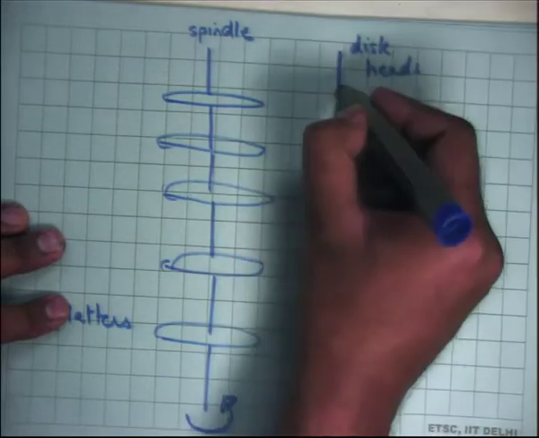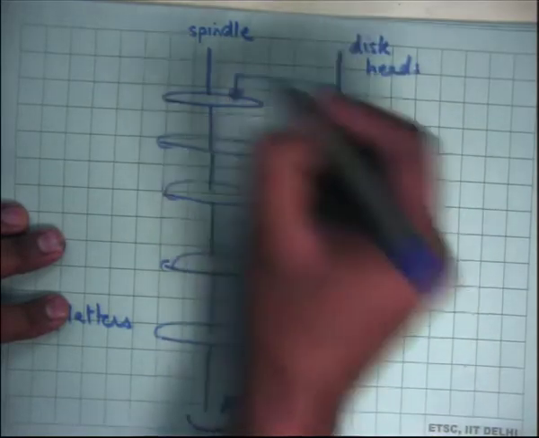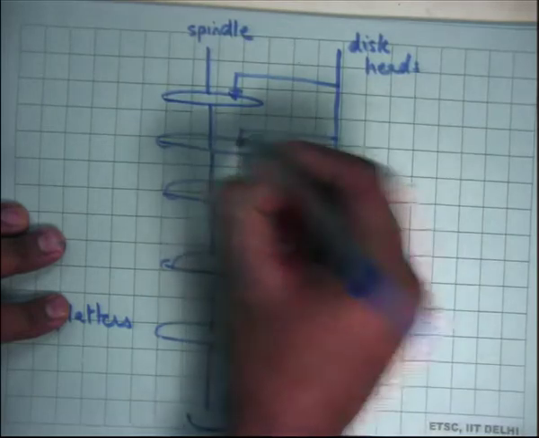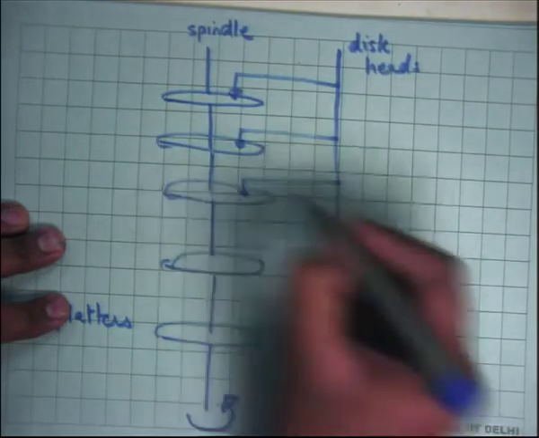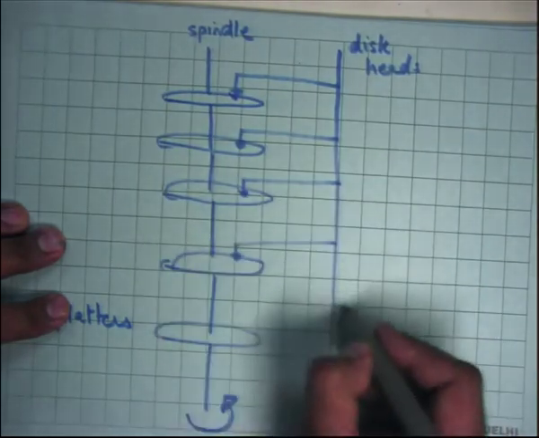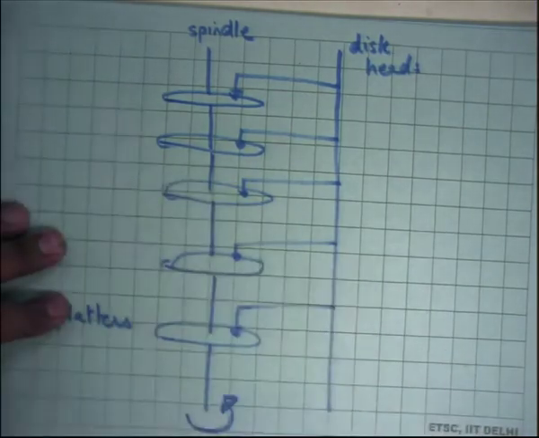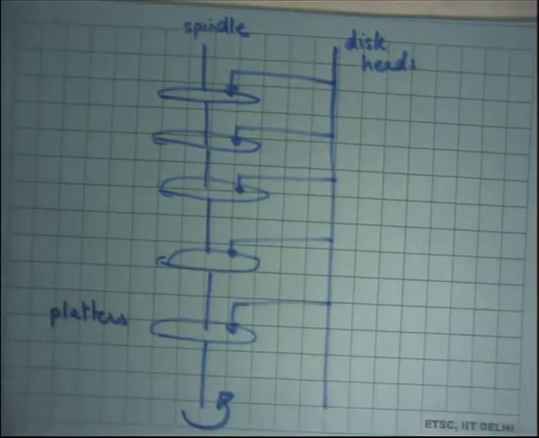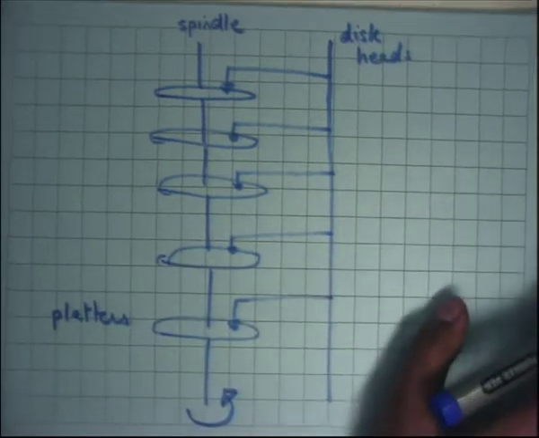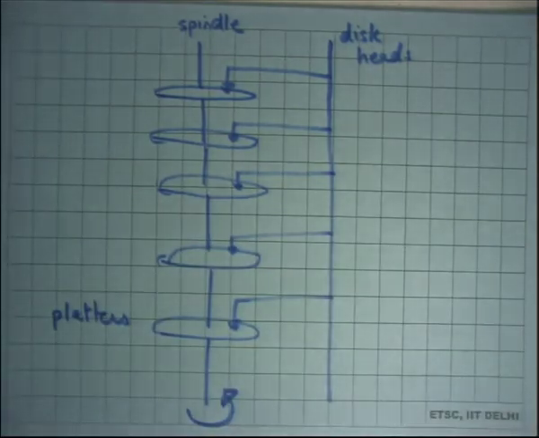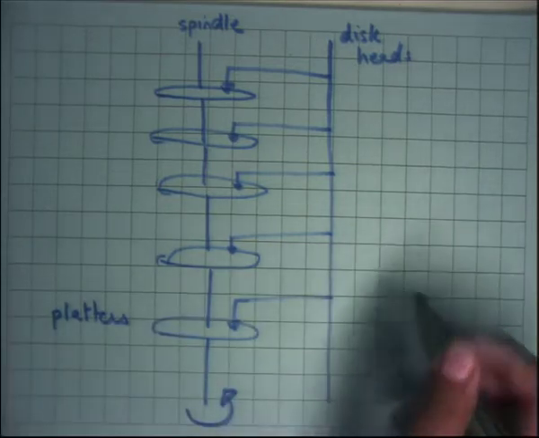There are multiple disk heads, and these disk heads sit on top and are able to read information out of these magnetic platters. It's a bit like the gramophone that you may have seen in old movies or in antique things. So it's a similar thing. There's a head which sits on top of this magnetic disk, and the disk rotates, and the head basically reads off information from the magnetic disk and takes it.